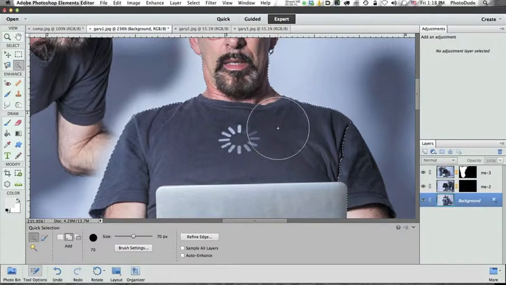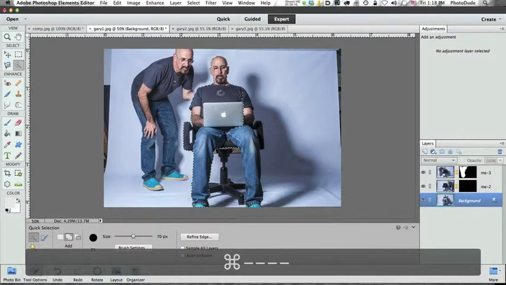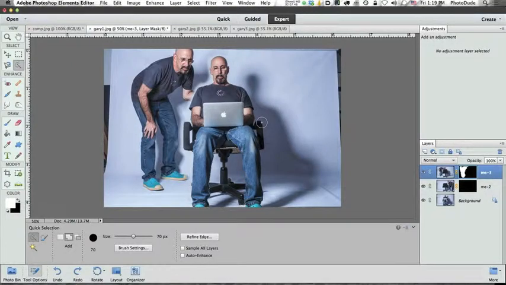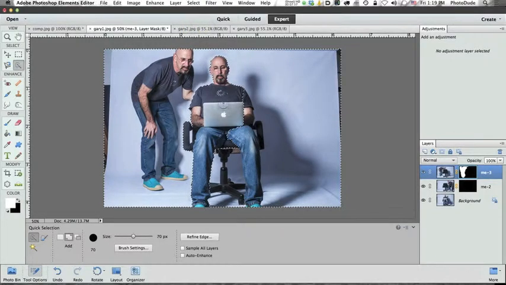Now watch how easy this is. I'm going to zoom out, and I'm going to go back up to the top layer, click on the layer mask for that layer, making sure that the layer mask is active, not the image, but the layer mask. Now I've got the selection here, but it's actually the reverse of what I want. So I'm going to go up to select inverse. Now everything but the original selection that I made is selected, and that works great because what I'm going to do next,